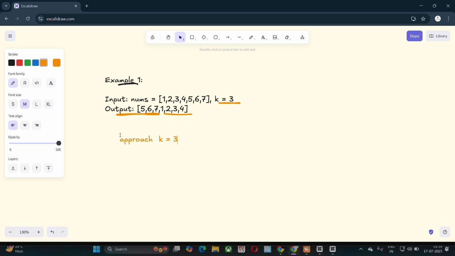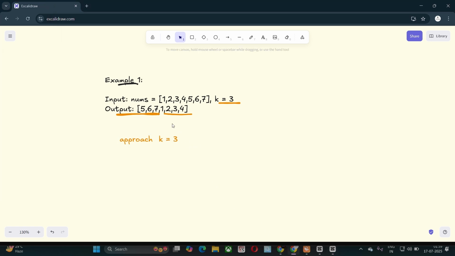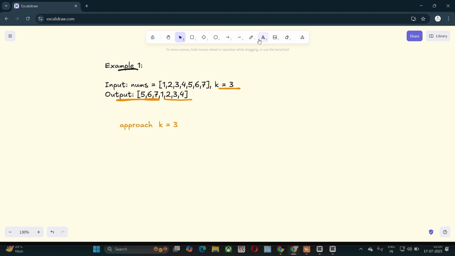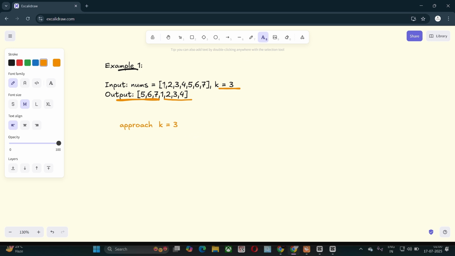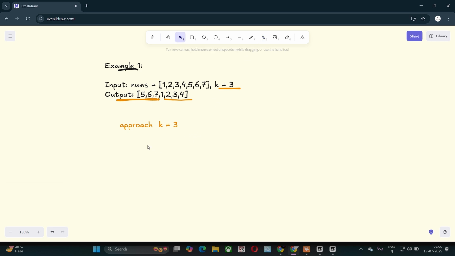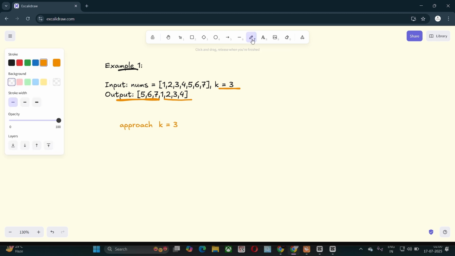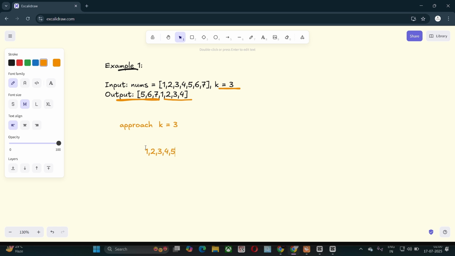So we have 1, 2, 3, 4, 5, 6 and 7, and k equals 3 means 1, 2 and 3 are the ones moved.